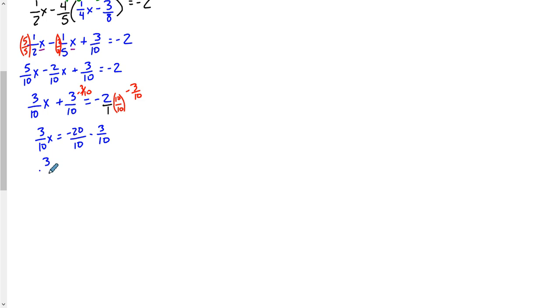Continuing on, 3/10 x equals negative 3/10, negative 23/10, sorry. And continuing on, let's see, that's 3/10 times x. In our intro unit, we had done some skills with here. There's 2 ways of doing it. I'll just do a nice little review of that right here, right now. If I have 3/10 x equaling negative 23/10,